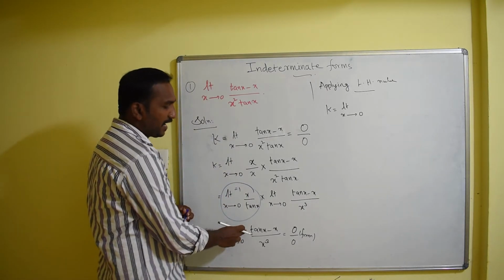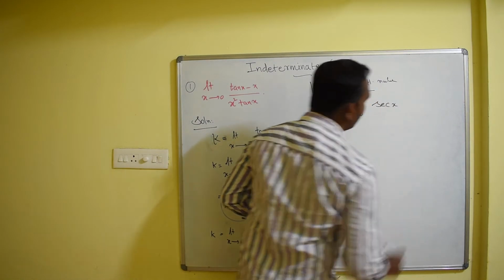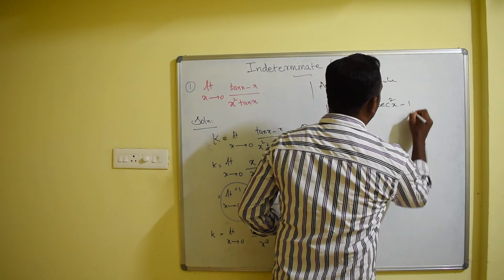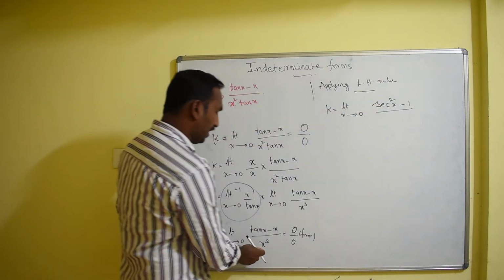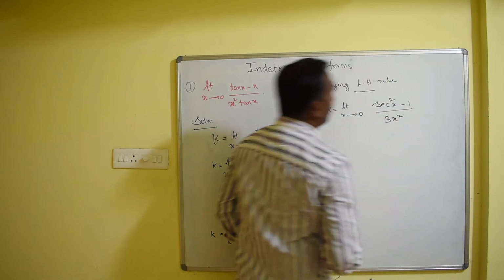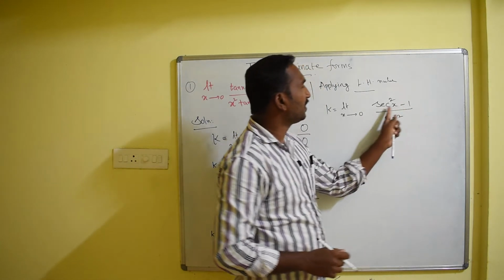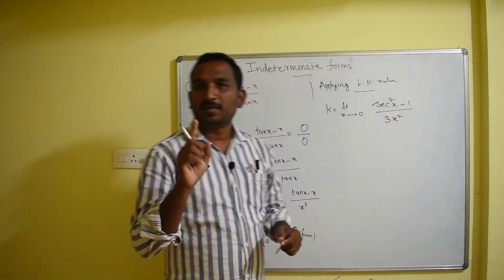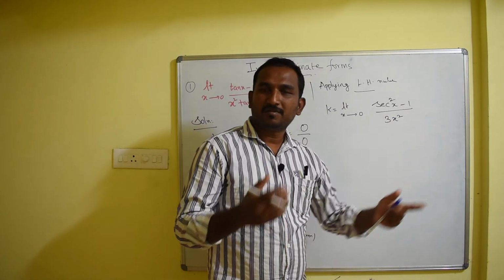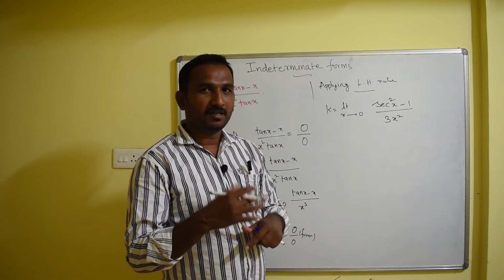According to that, tan theta will become secant square theta. So here theta is x, so we can write secant square x minus x with respect to x will give 1, and divided by x power 3 will become 3x square. And now we want to substitute the limit. If you substitute that, secant 0 will become 1, so 1 minus 1 will become 0, the denominator also will become 0, so you will get 0 by 0 form. Again we want to apply the limit, right?